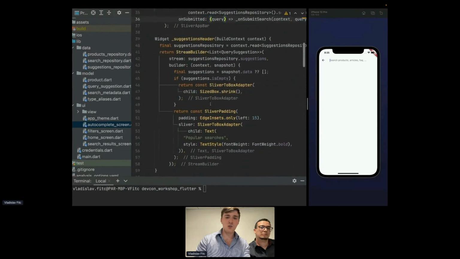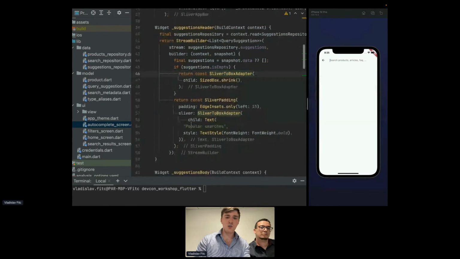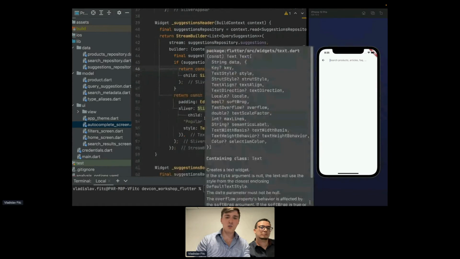Then they have a suggestions header. It's just a text, popular searches, which is embedded in the stream builder because they don't want to show it if the list of suggestions is empty. So here they get a list of suggestions, and if it's empty, they present an empty view. Otherwise, they present just the text. And the third one